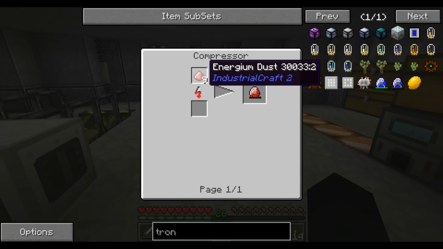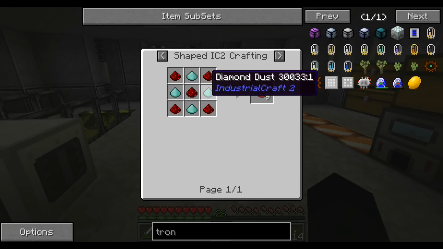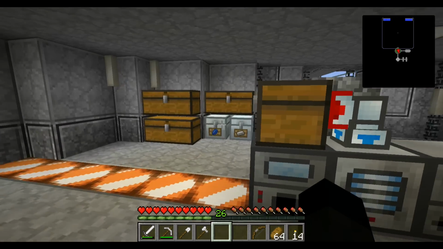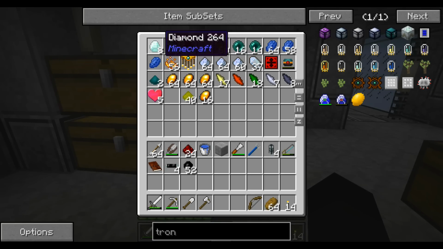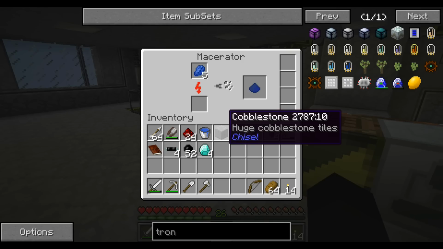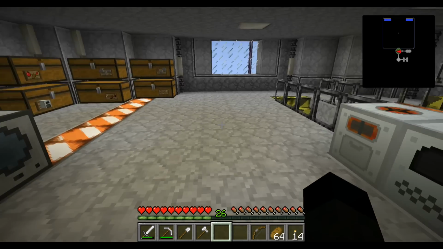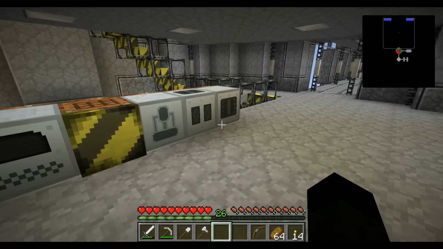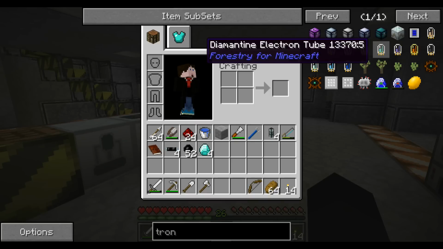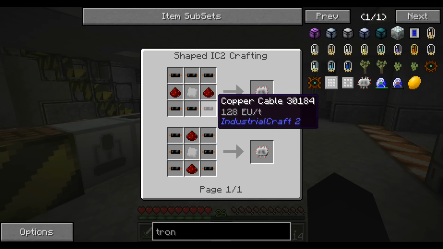And then what else? We need energy, which is energium dust, which is ground diamond. So we need 4 diamonds and some redstone to make that. 4 diamonds, expensive. Oh, that's a redstone furnace, idiot. Right, so with that we need to grind that up, and then we also need advanced circuits, so we need